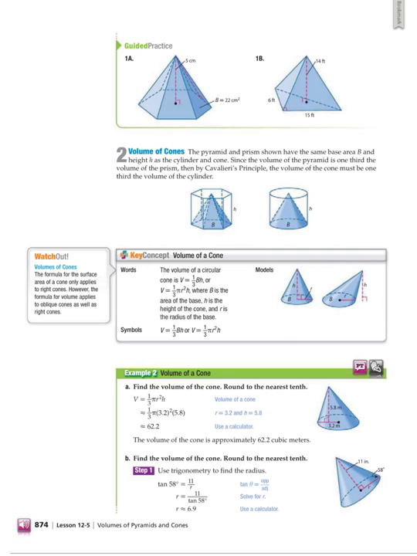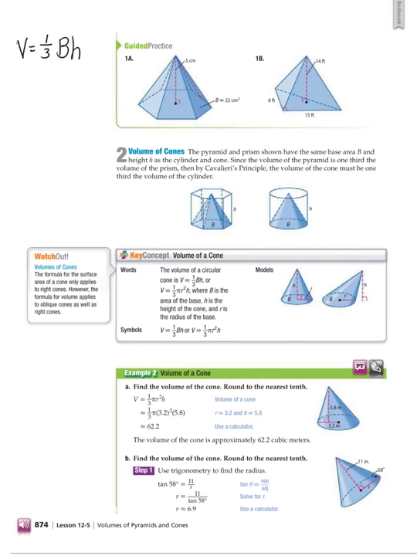Now take a minute, stop the video, and let's do 1A and come back and check it together, okay? All right, 1A. They didn't tell me if I have a regular hexagon or not for my base, but I probably do. They did give me the entire area this time, so that didn't challenge us as much as I would like for them to have. So my volume on 1A is, again, write that formula